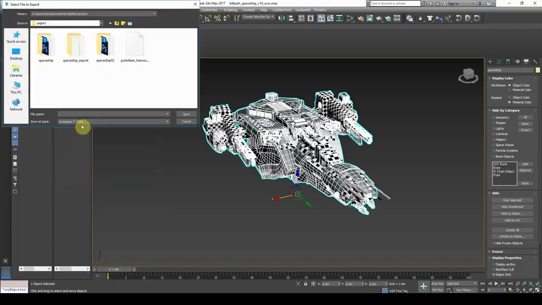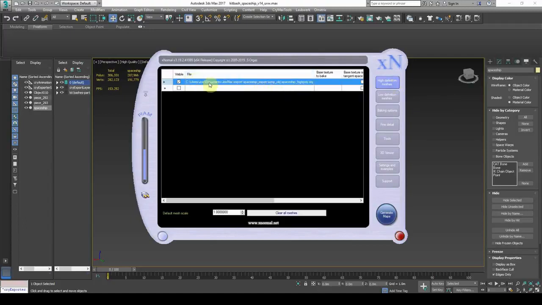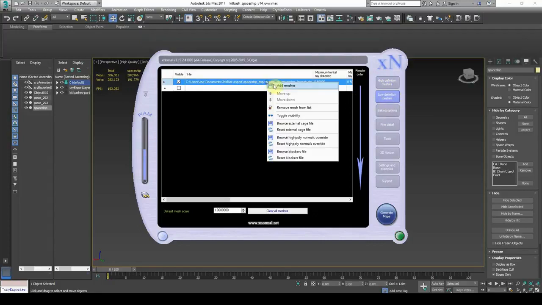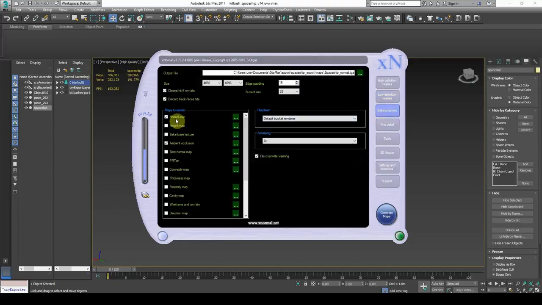which you choose. The next thing I'm going to do is fire up XNormal, and at the very top of the XNormal menu, I'm going to click High Definition Meshes and add my high poly OBJ or FBX to the list. And then go down to Low Definition Meshes and do the same for your low poly. Then go to Baking Options and make sure that you tick Normal Map and Ambient Occlusion and set the resolution to 4K. Leave all the other settings the same. Then just hit Generate Maps and you should get a normal map and an ambient occlusion map, which should look